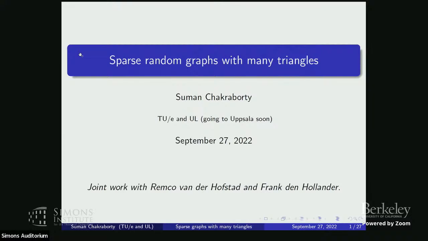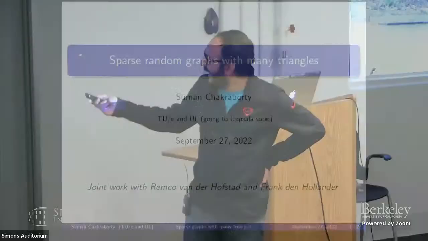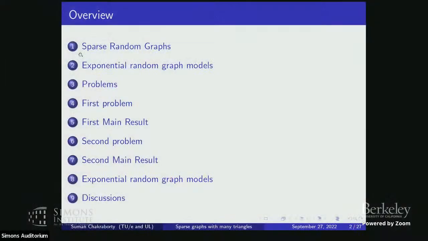Okay, thanks to the organizers for the opportunity to talk here. And as Shobit said, I'll talk about sparse random graphs, for a change, and with many triangles. So what that means and what I will talk about will be clear. But let me first say that when motivating the problem, I'll probably go over a few things for the diverse audience, which will be somewhat basic to some of you, but for some of you, hopefully it will explain a few things which will help understand the results and the context.